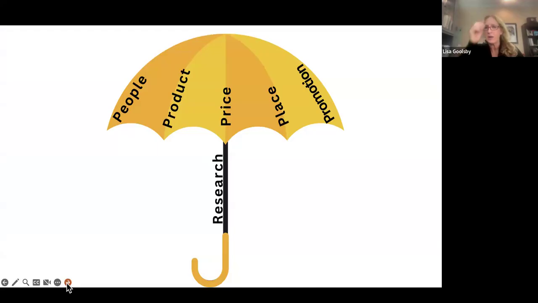Again, just our marketing umbrella, looking at all the things that marketing encompasses. So the umbrella holds our marketing mix variables, which we also term the 4 Ps. So we have people, our customers, we have the product, the price we charge for that, what the value exchange is, the place, our distribution, and finally we can do our promotion. And then the handle that holds up the entire umbrella is our research. And we're going to talk a lot about research today. We're going to look at some areas that definitely need research, and we're going to look at the whole full